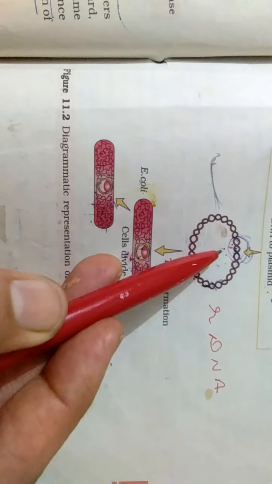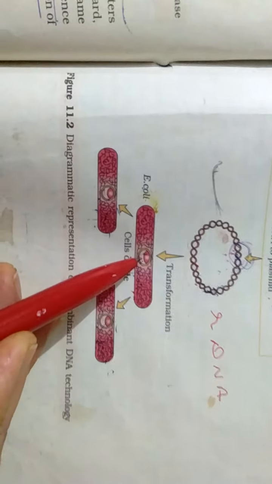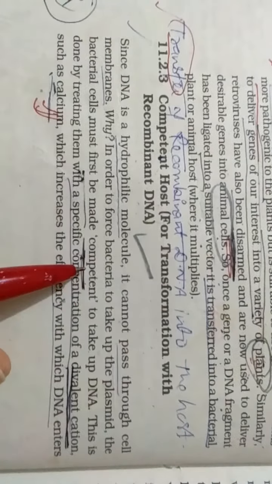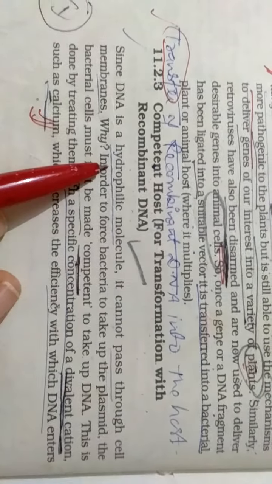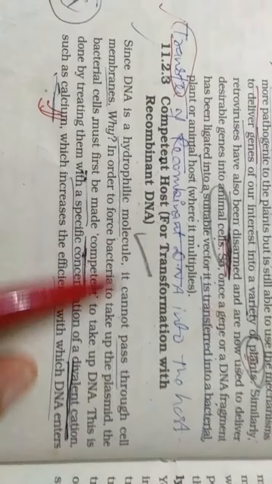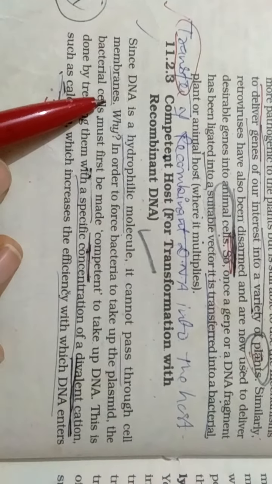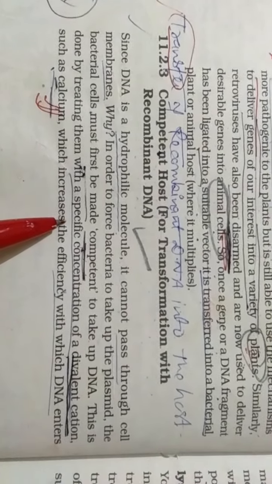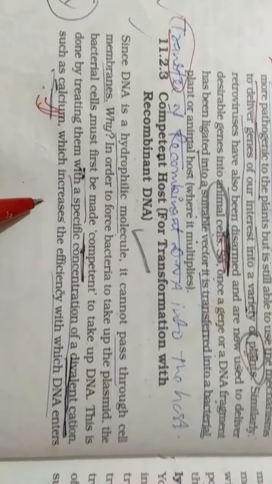Actually, I want to show you in recombinant DNA technology. Suppose this recombinant DNA is ready. Now it has to be introduced into the host cell. So this host cell also has to be made competent to receive the recombinant DNA. Now we come to this step, how it can be made competent. DNA is a hydrophilic molecule. It cannot pass through the plasma membrane, which is also made up of lipid. So for DNA to enter the host cell, the cell has to be made competent.